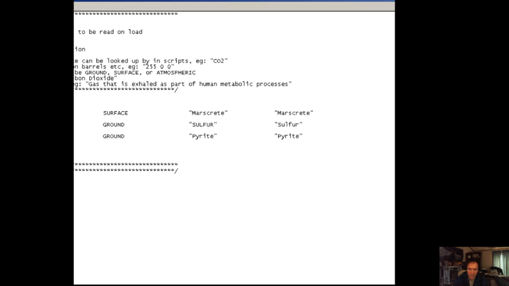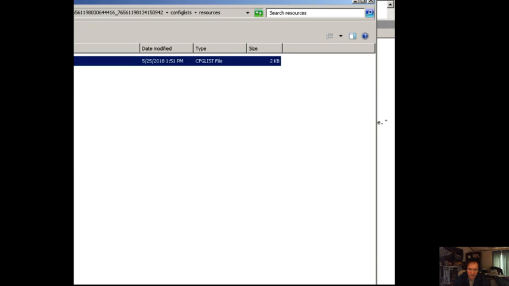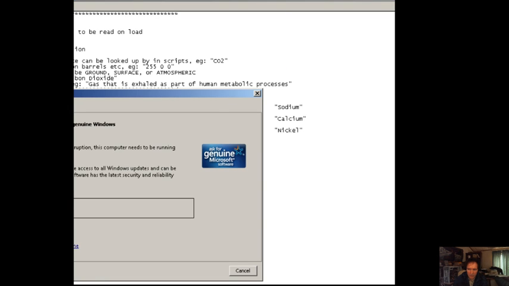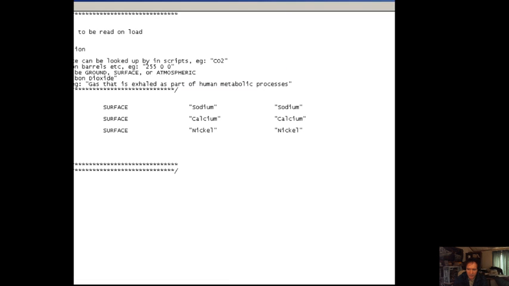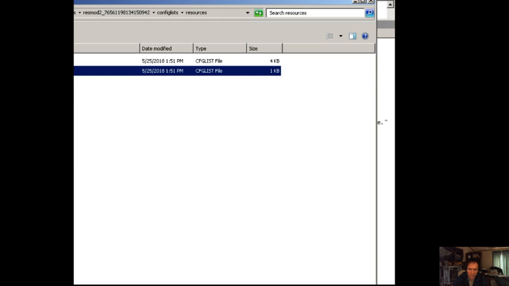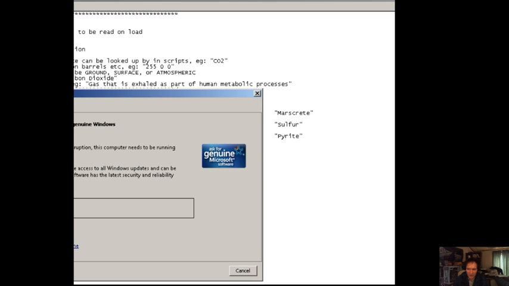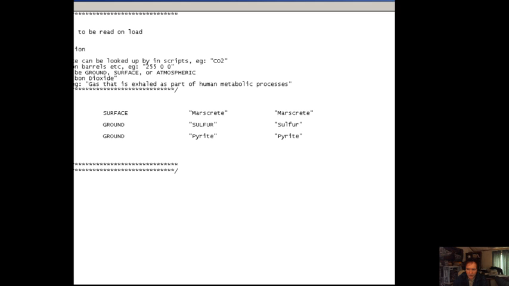Okay. If I look at my list, my resource list. Okay. Nothing's capitalized except for the first letter in the term. So if I look at his resource list, and sulfur's not even in there, that's why it's not working, because it's capitalized right here.